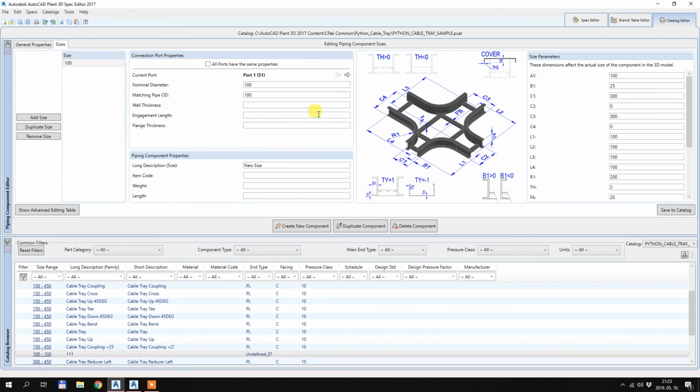So I have a feeling that there is something odd in the spec editor with the items having more than 2 ports. But maybe it is happening sometimes for items which are having just 2 or 1 port. So the thing is that